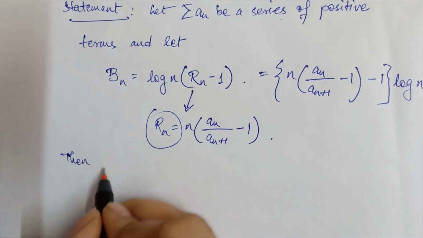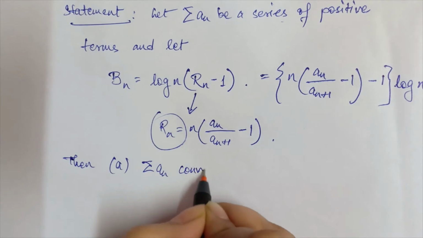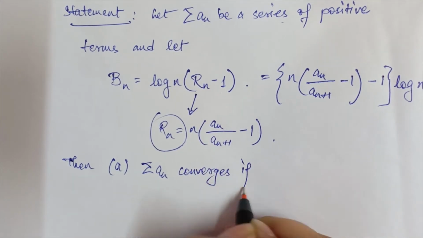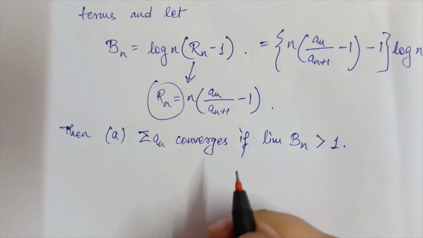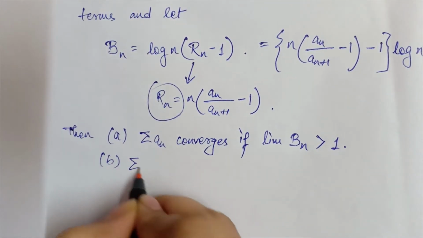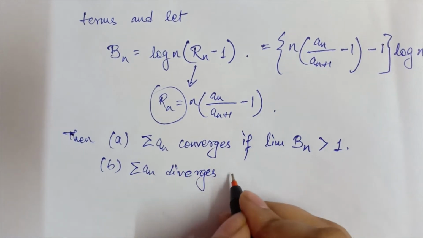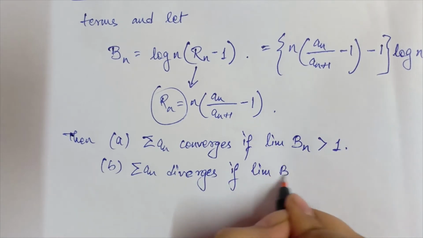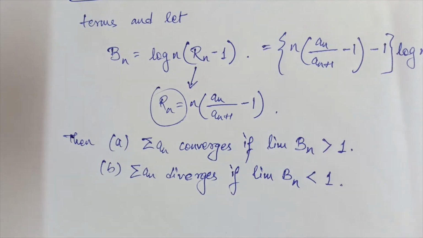Then the first condition is the series an converges if limit bn is greater than 1, and the series an diverges if limit bn is less than 1. So these are the three ratio tests which we may apply in our example, which is,